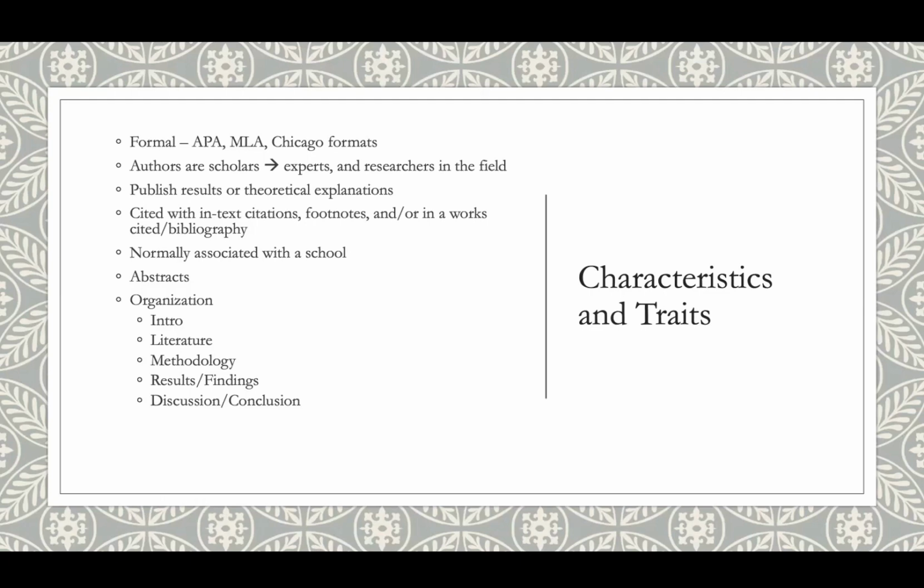You'll also see that there's an abstract. So an abstract is a summary of what you can expect. There is kind of a formula that goes through it, that you can see. So it introduces what they're talking about, what previous research has said. It's very much a smaller, condensed, summarized version of a research paper.